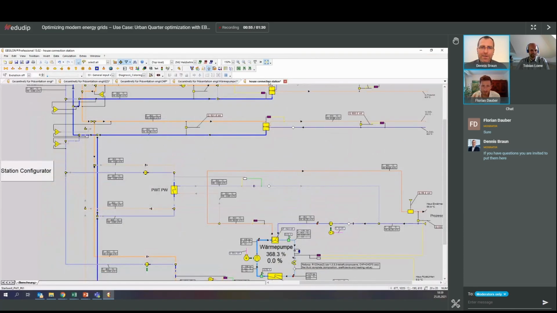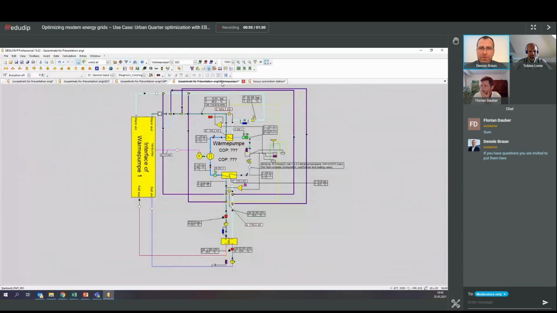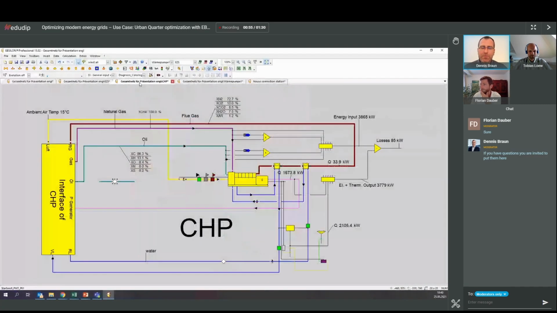Always the goal is, if you want to come as close to reality as possible, you definitely need good thermodynamic equations, but you also need manufacturer data, having the possibility to add the design data of the actual equipment into the model. I think EBSILON is helping you in this case as well. Maybe we could have a quick look at one example here, like a heat pump or something, just to have it a little bit more transparent.